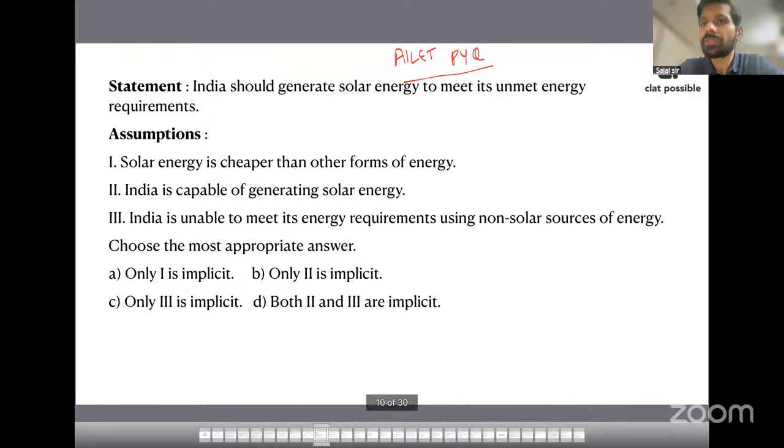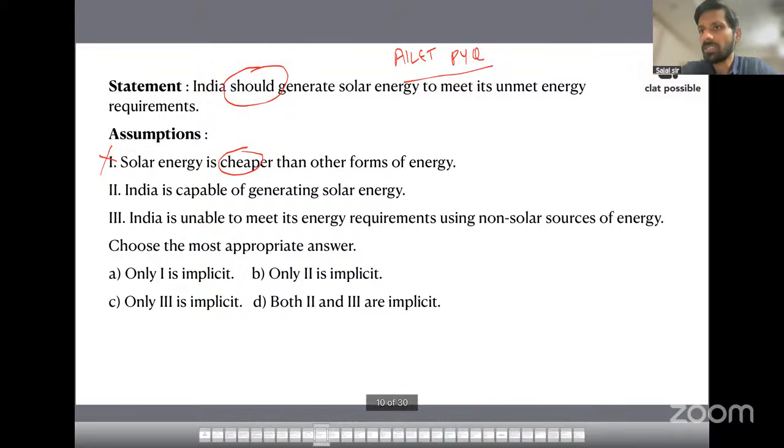Okay, so India should generate solar energy to meet its unmet energy requirements. Assumptions: solar energy is cheaper than other forms of energy. Okay, cheaper or not does not concern that statement, so one is not an assumption. India is capable of generating solar energy. So when the statement says India should do this, the basic assumption is India can do this, is capable of